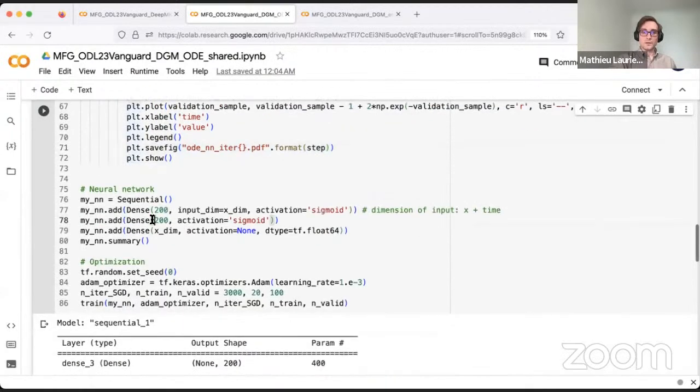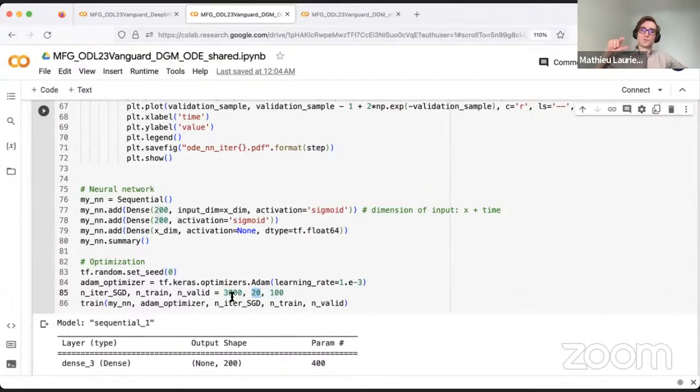The neural network here has 200 neurons on 2 layers, sigmoid activation function, and then a last layer, which is of dimension xdim. Here, xdim is just 1 because I take a one-dimensional ODE. The other hyperparameters, here you see the learning rate. So I use Adam optimizer. Learning rate here 10 to the minus 3,